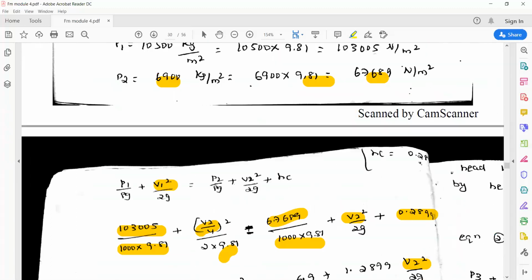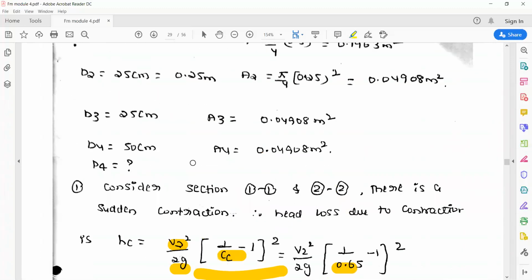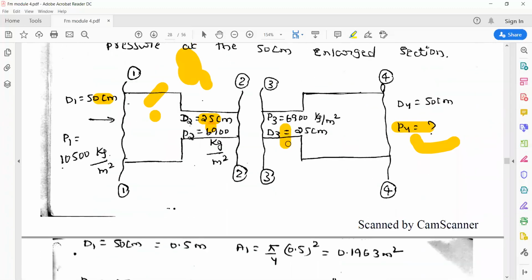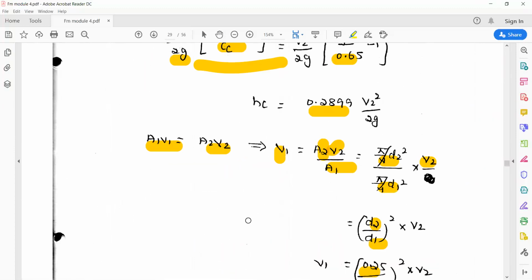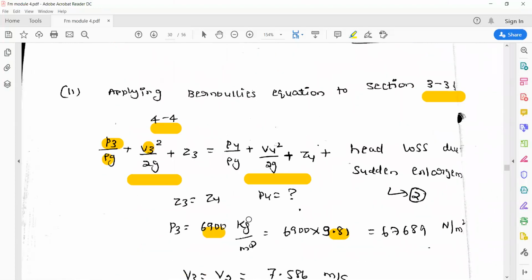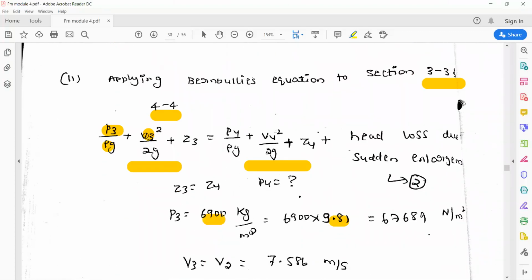In the diagram, you can see the third cross section is equal to the second cross section. I mean, the diameter of the third pipe is equal to the diameter of the second pipe. If the diameter remains the same, then obviously the velocity remains the same. Can we take V2 is equal to V3? Since we have already calculated V2, the same can be taken as V3. In place of V3, you can substitute V2, right?